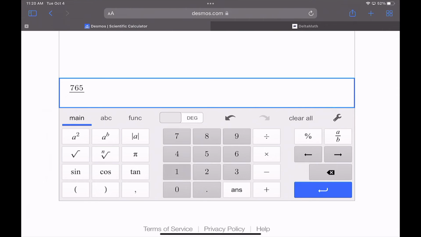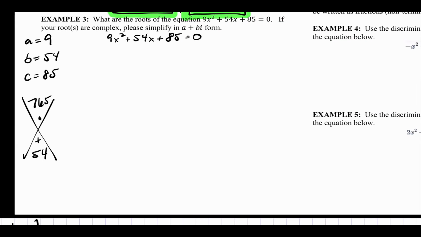95, nope. 105, 15, 25, 35. Getting to a point where I don't think I'm going to have any more. The ones I have, none of them add up to be 54. The closest one I think is 17 times 45, which is 62, but none of them there. Okay, so